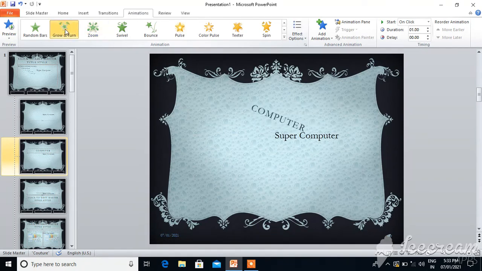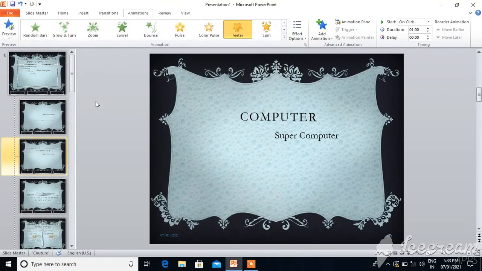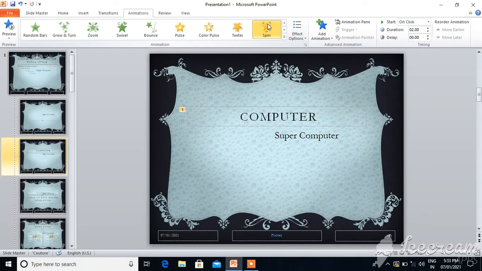Grow and turn. See, so many interesting animations are here. Whichever one you like, you can select that. Or Twirl, see, it moves on one place. Spin, it rotates on its own axis. So this is called animation and we can apply it to a text.